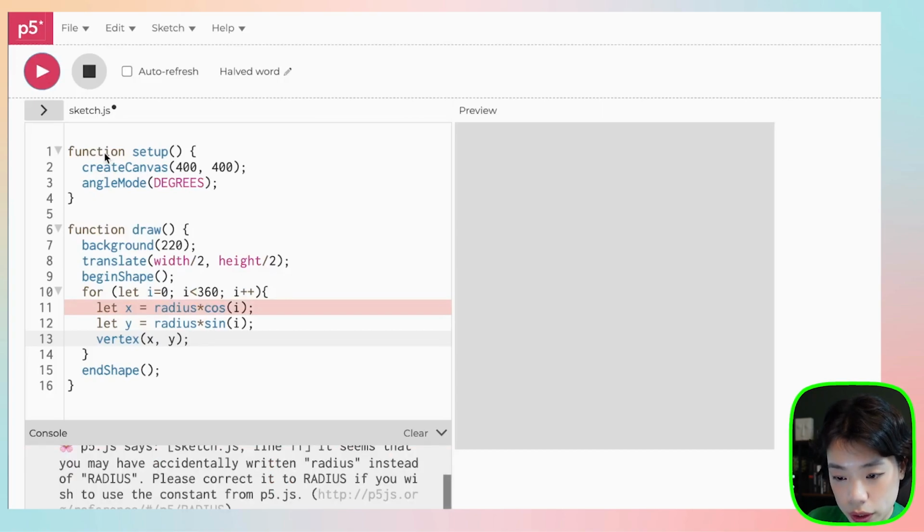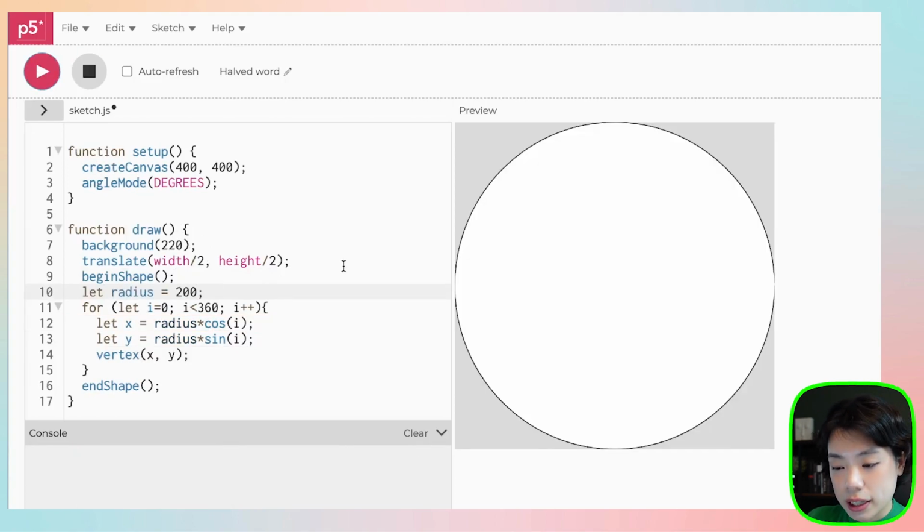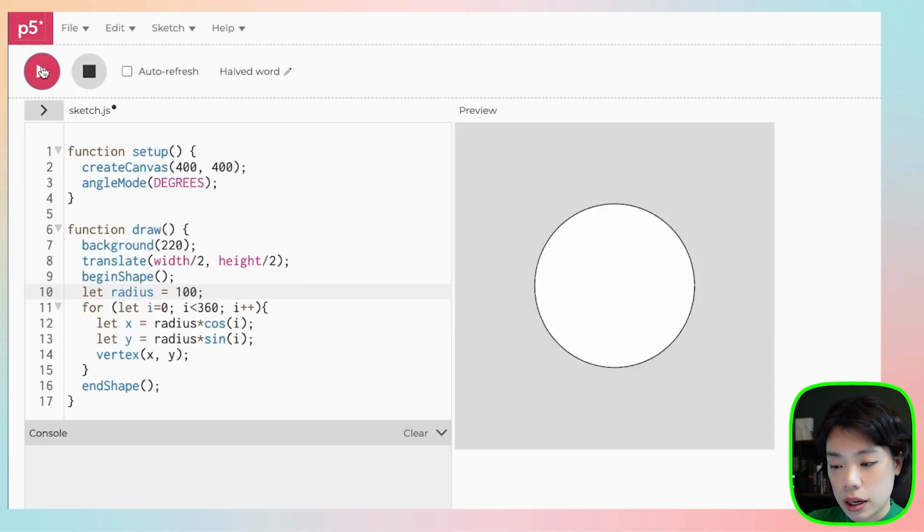Oh, and we also need to set radius to 200. All right, and you can see that the radius here is much larger than before, even though it's the same 200, and it is because it is the diameter that is 400 now, and it's not 200. So if we set this to 100, now we get the same size of the circle that we had initially. So now we successfully draw a circle using a bunch of vertices instead of using an ellipse function,